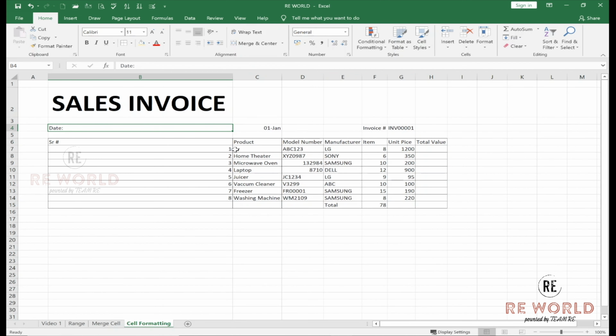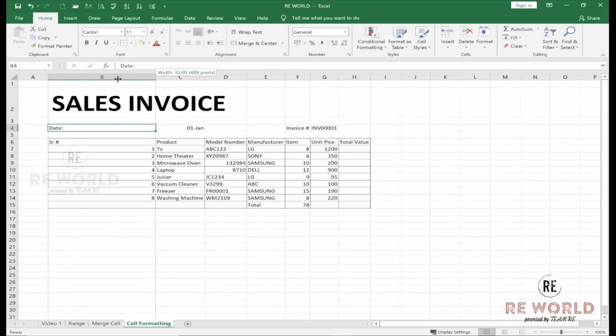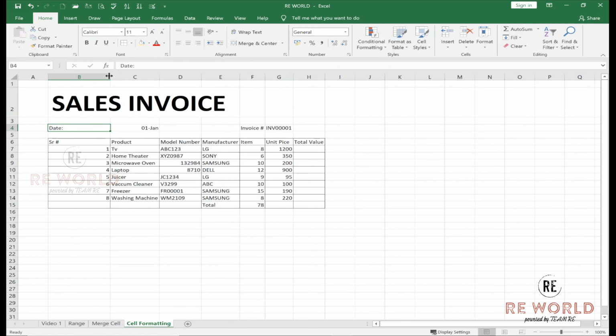Okay, because now what it did, it expanded all the columns automatically. Somewhere this way is useful, somewhere this way is not useful, but somehow here it is also useful. You can see all your columns are automatically expanded as per the data. Some column width is decreased, some column increased, and some too much increased. No problem. This B we will simply select and take it back to the required position.